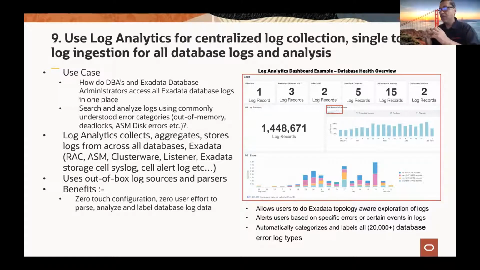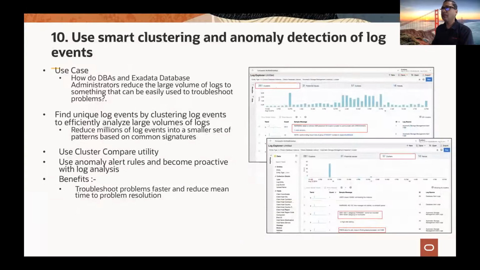So it's simply humanly not possible to do the analysis. Better to rely on some automated system that does the collection and analysis, and maybe alerts also. So if you have such capability, that can help you. That's my tip number 9. And the 10th tip is really